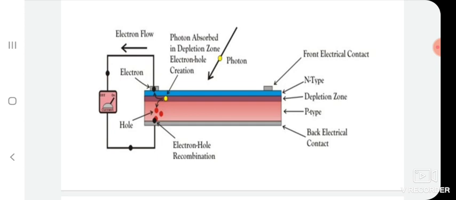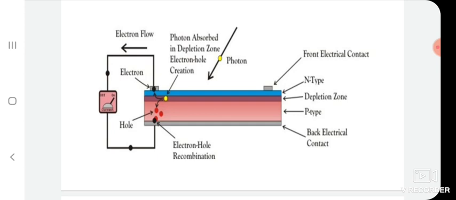As the concentration of electrons becomes higher on one side, that is the n-type side of the junction, and the concentration of holes becomes higher on the other side, that is the p-type side of the junction, the p-n junction will behave like a small battery cell. Due to the concentration, the p-n junction will behave like a small battery cell. A voltage is set up which is known as a photovoltage.